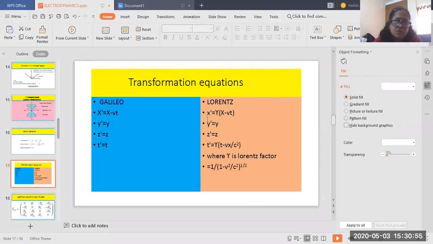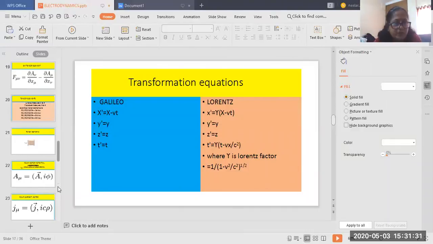Inertial frame. This is the non-inertial frame. In the non-inertial frame, only 3 coordinates are there: x dash, y dash and z dash. Okay. T is taken as a constant here. It is not taken as a variable. But here Lorentz added, this is actually the transformation equation, t dash is also shown. But while observing the different types of phenomena, t is not taken as a variable. Only x, y, z are taken as variables. Only 3 coordinate axes were introduced. Okay.